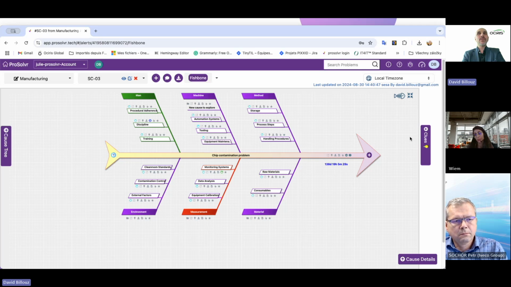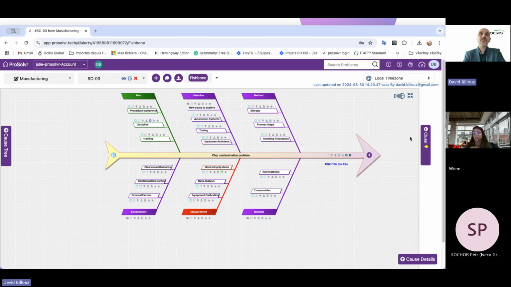The reason why we use Ishikawa is quite obvious, because this is a graphical tool that makes it easy to see the big picture and at the same time focus on one part. So you see the big picture here, and you can say, okay, now let's dig into the training part. And what do you say about the fault tree analysis, which is something that we could do, but